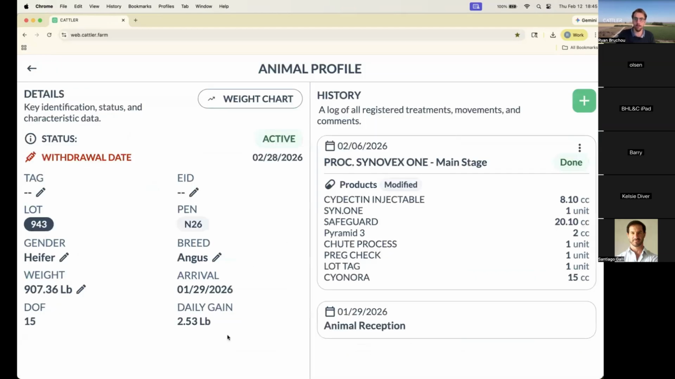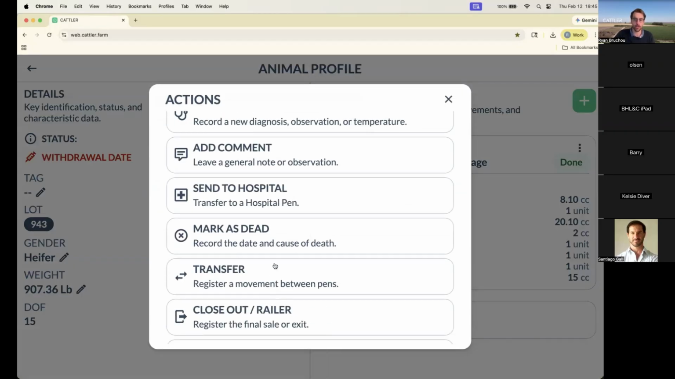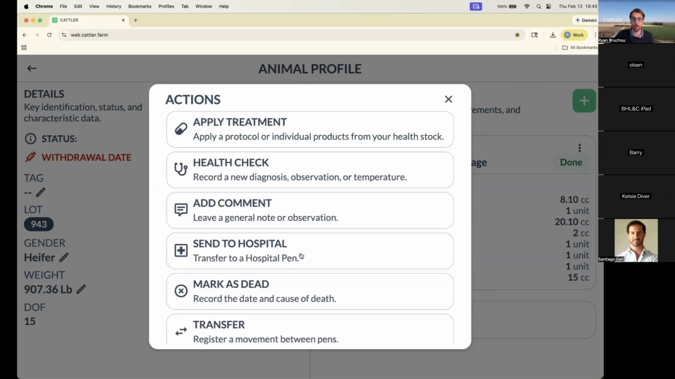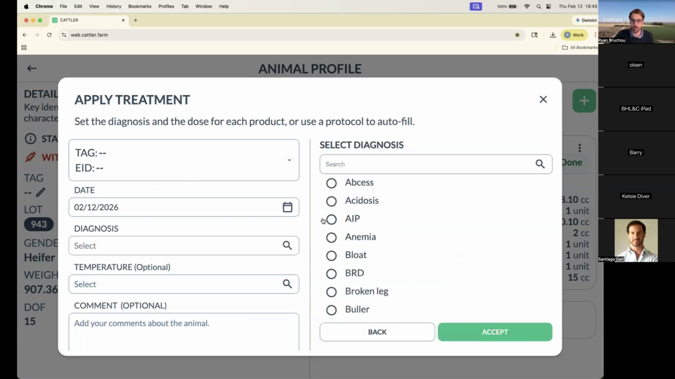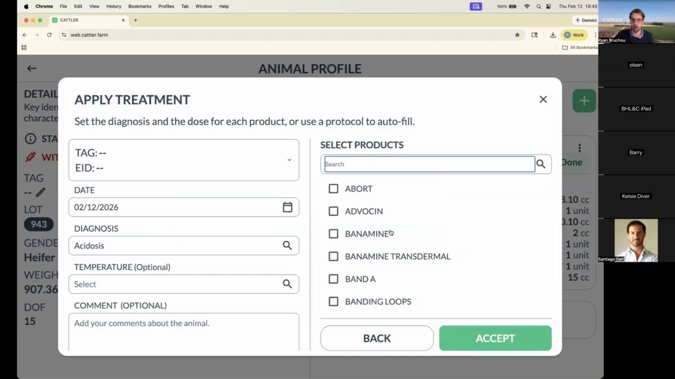So on here now we have a different view of the individual animal profile. And with that also being able to apply different treatments, produce a health check, add a comment, send to the hospital, mark as dead, transfer, close out, and then also what I think is very important, the possibility of downloading the entire history of this group as we go. So I can apply treatment, I can create a diagnosis on it, acidosis, and then create